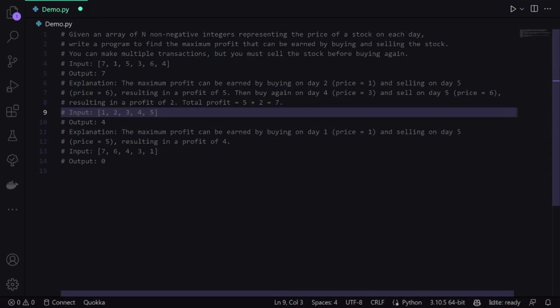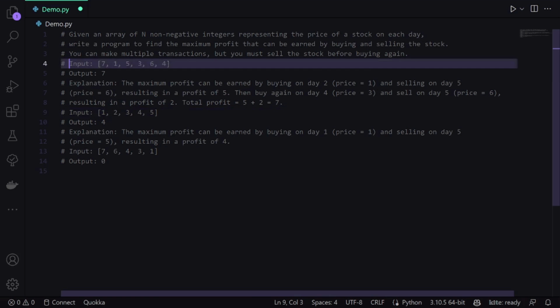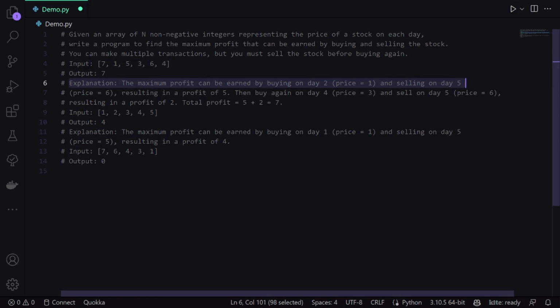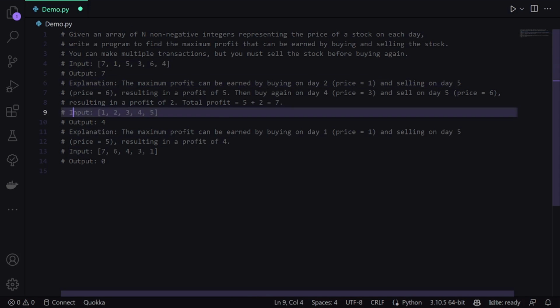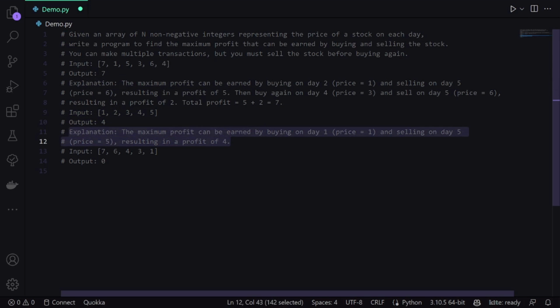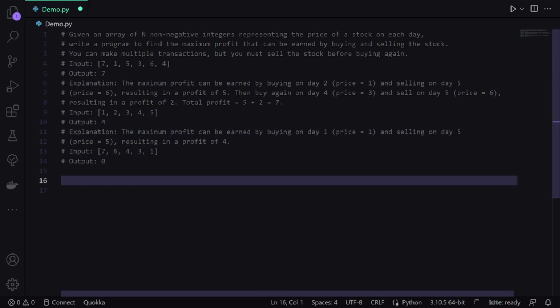So you can make multiple transactions, but you must sell the stock before buying again. Okay. So we have an input, we get the output, and this is the explanation. You can read it on your own. This is the second input. We have the second sample output, and this is the explanation. We have the input, we have the output, and the explanation for this is